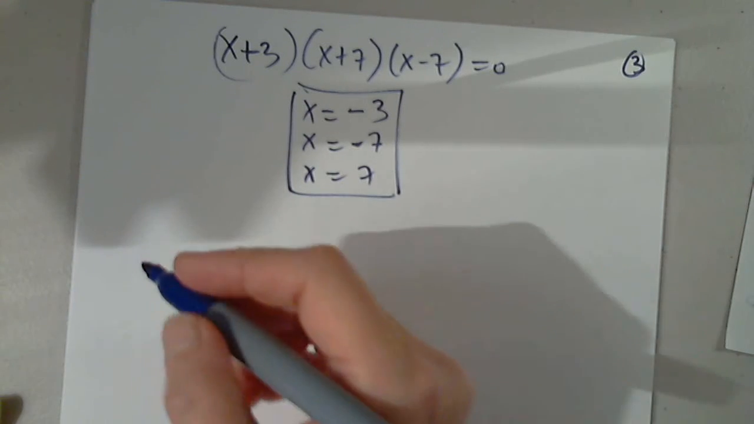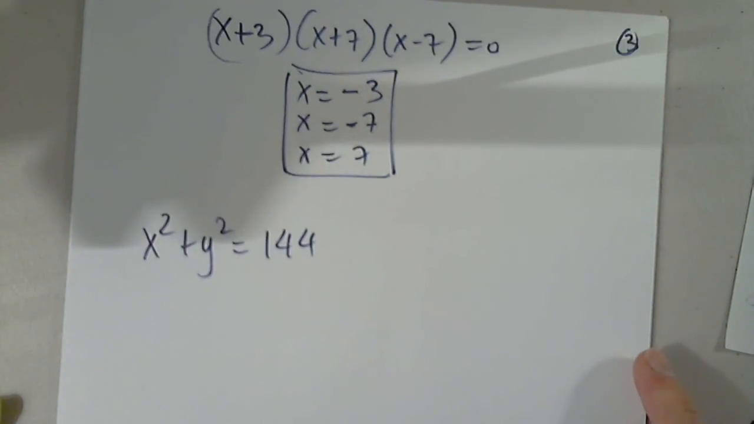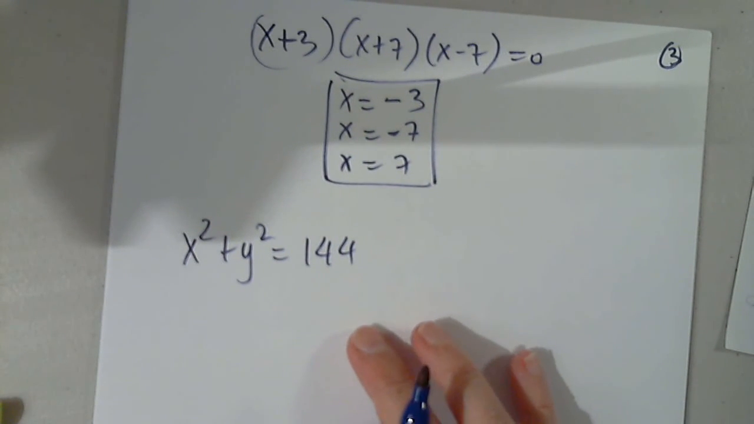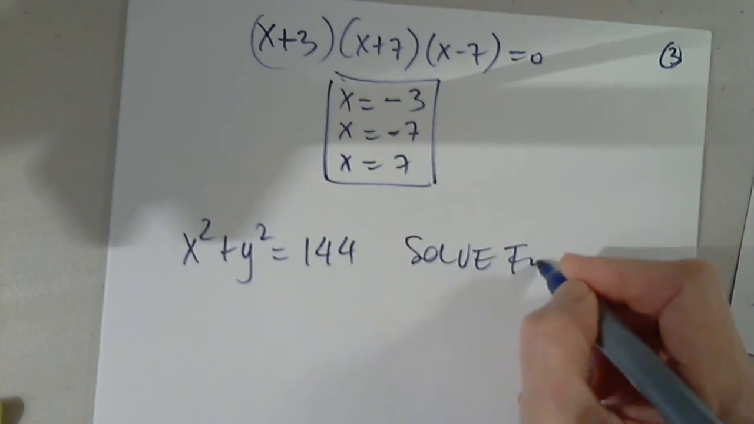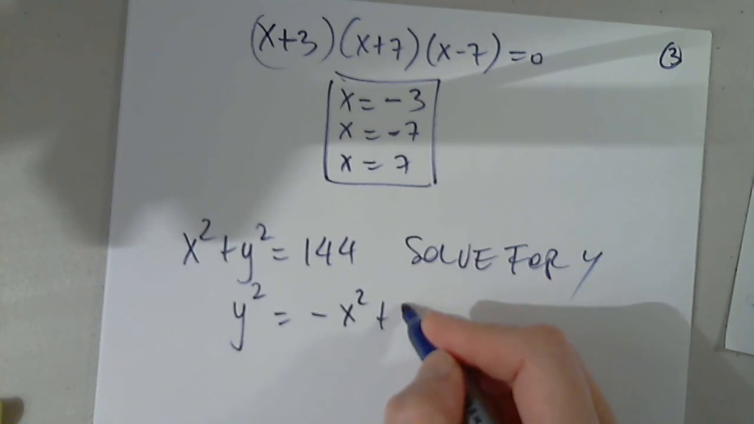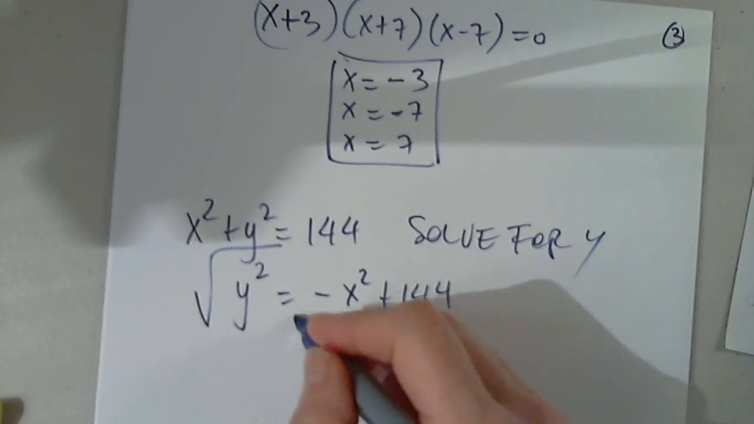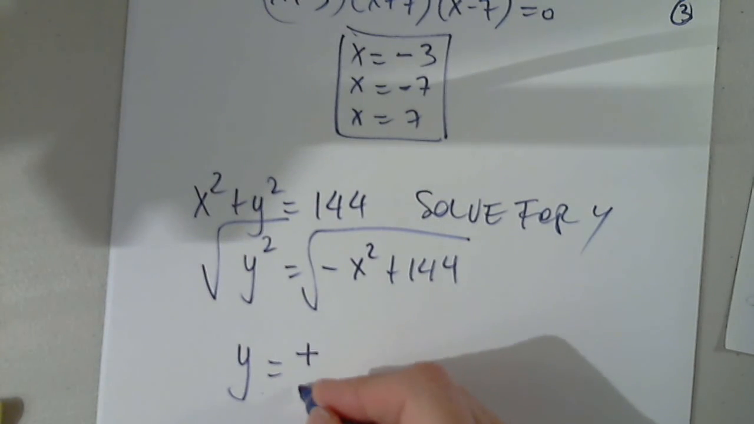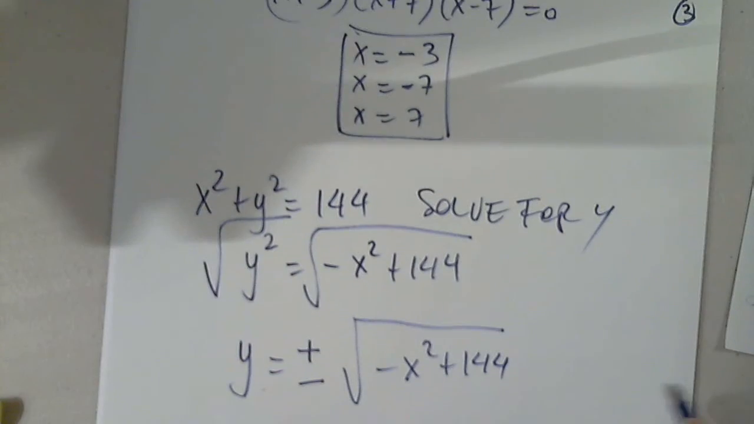x squared plus y squared equals 144. Is it a function or a relation? Okay. So we had examples like this. If you go back to the video, we said that we have to solve for y. So then I have y squared equals negative x squared plus 144. And like we just did a few minutes ago, I have to apply the square root. So then it is plus or minus the square root of negative x squared plus 144,